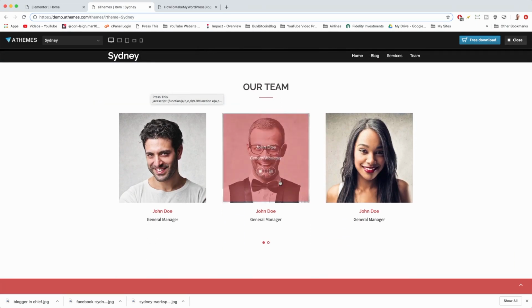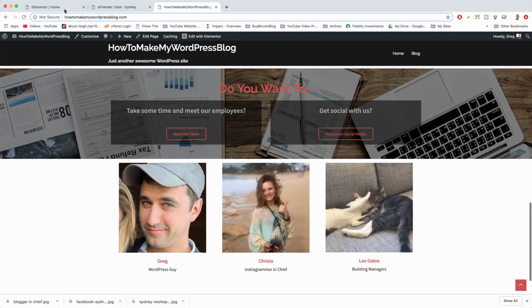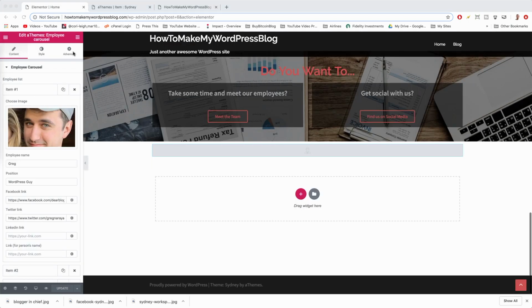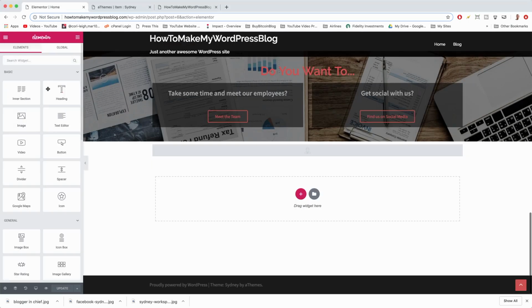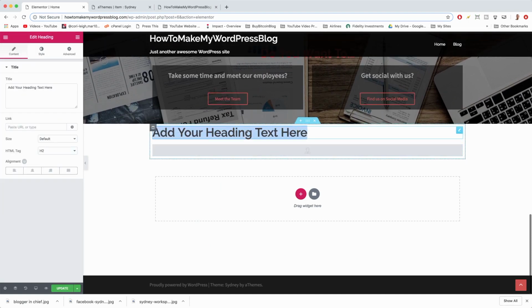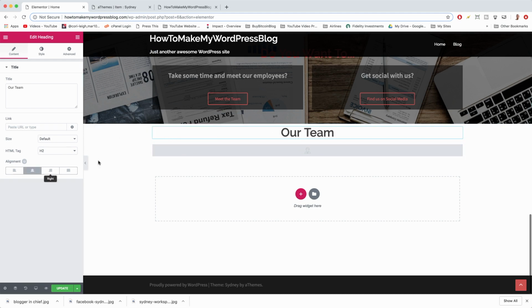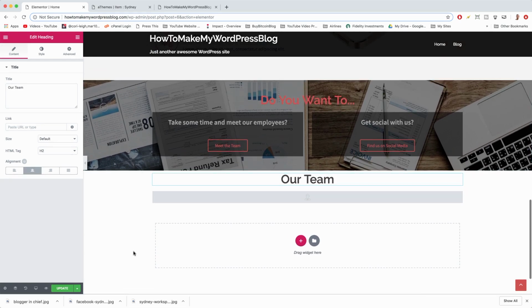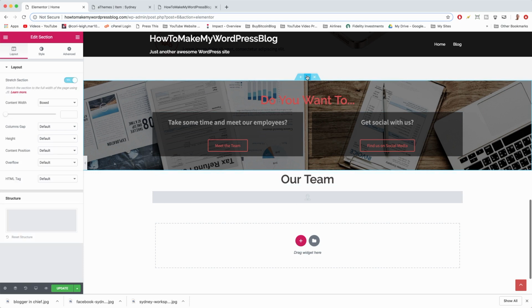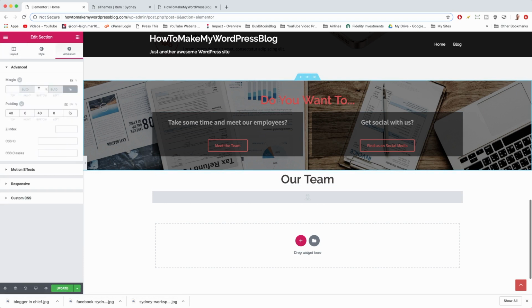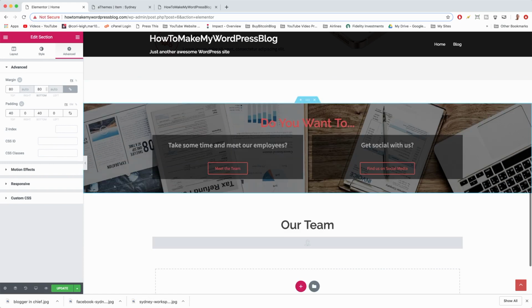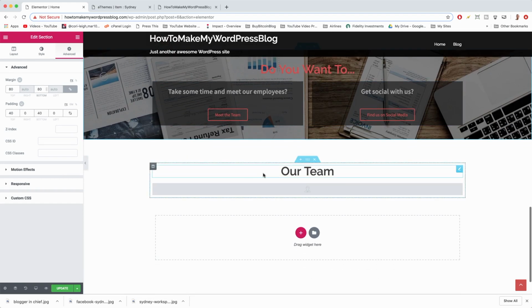All right, so the only thing we need to do is make the padding a little bit larger and get the our team header in there. All right, so we can do that easily back in Elementor. We are just gonna go to the elements by clicking on the 9 boxes, dragging a heading above the team section. Let's call this our team and center it. And then we're gonna add some margin beneath the Do You Want To section. So click on the Do You Want To section. Advanced. Margin bottom of, let's say, 80, which should give our team the nice space that it needs,